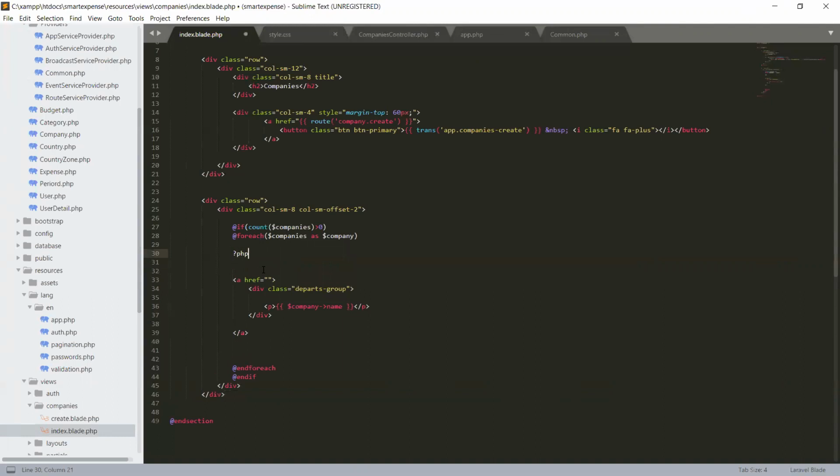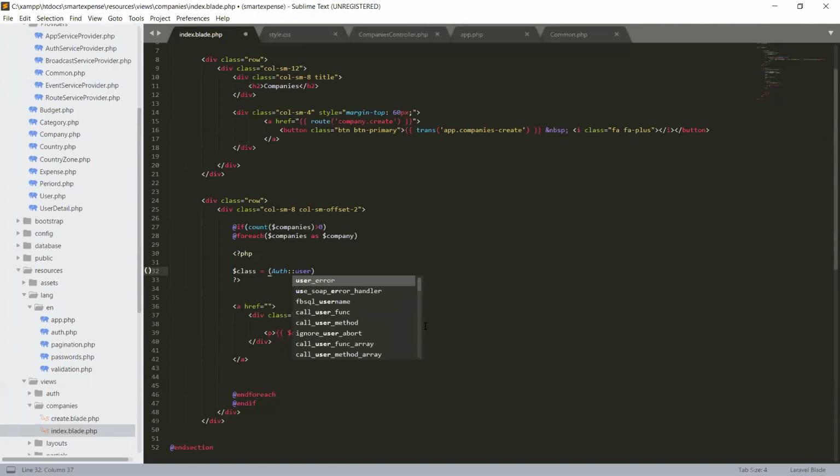Okay, we will create our PHP. And we will create a variable class, and class will be auth currently logged in user, and we will access its company_id.